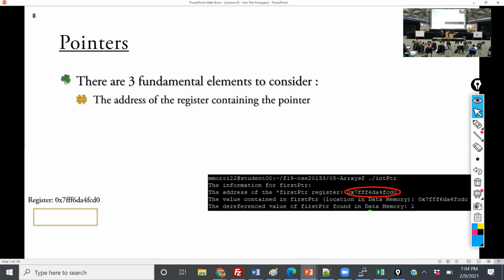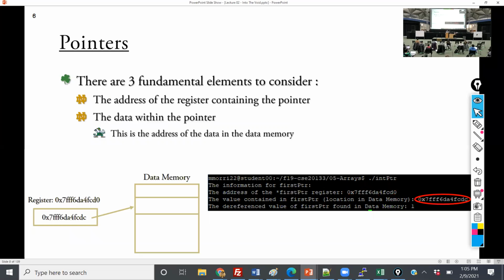Now what you're going to see on the next slide is that the data inside that register location is going to be the address of another piece of data. In this case, it's going to be a piece of data on the data heap. And so I'm going to show you the next animation. Inside there's an address, and then it points to a location. All it is a place.